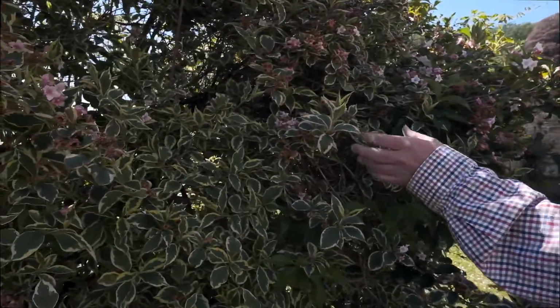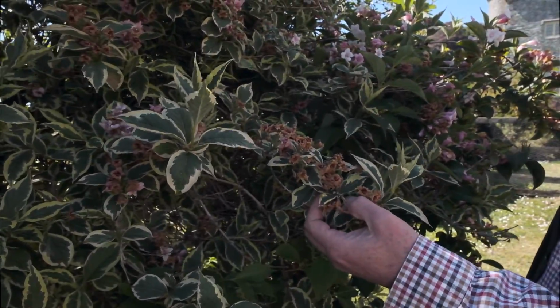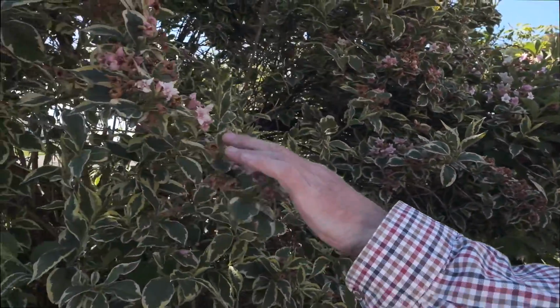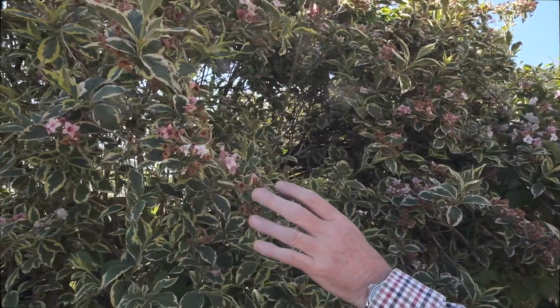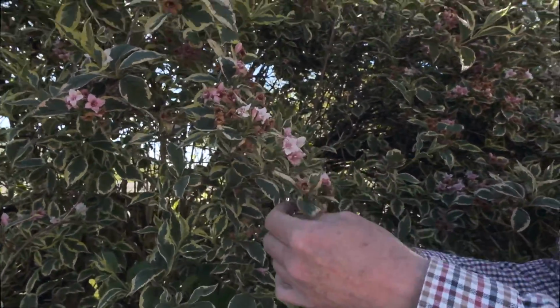So it's early June and quite a number of shrubs which have just finished flowering can do with quite a little trim up. And the reason for that is that when you look at this Weigela, you can see that the flowers have appeared on last year's growth and that new growth is forming back on the stem, and actually we want to get more flower next year because where these seeds are forming and where these flowers have been, you won't get as much flower next year unless you prune it all back